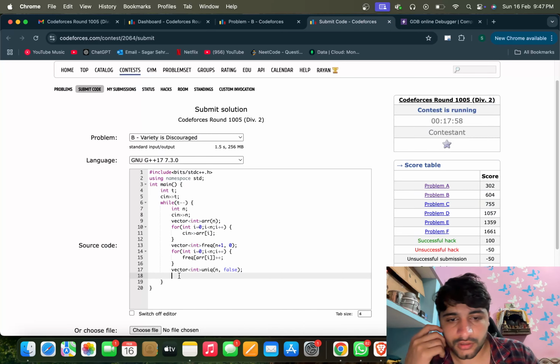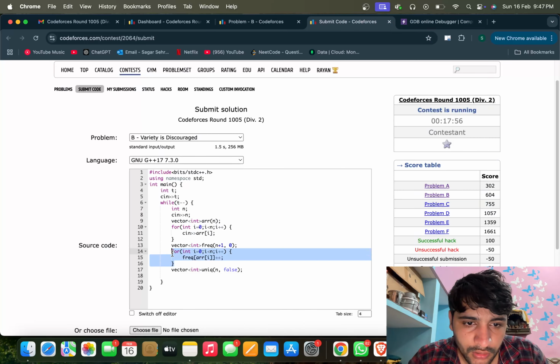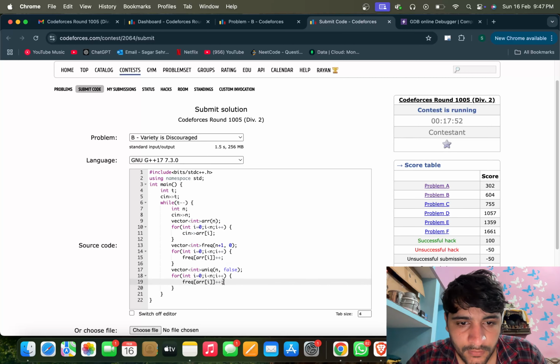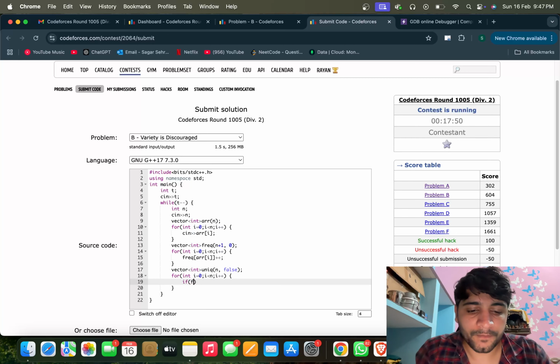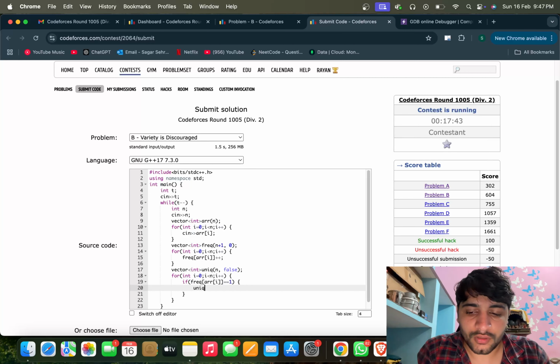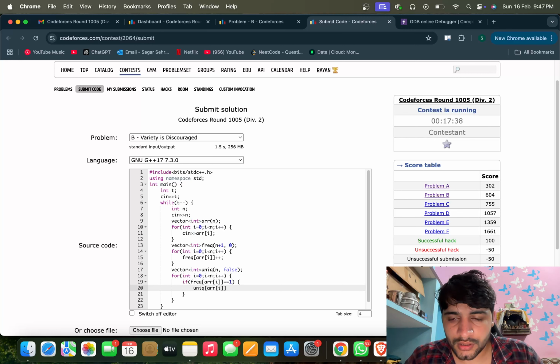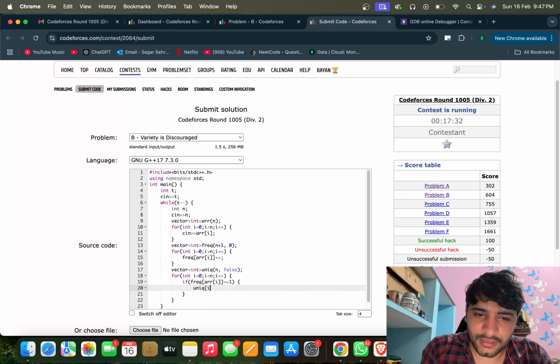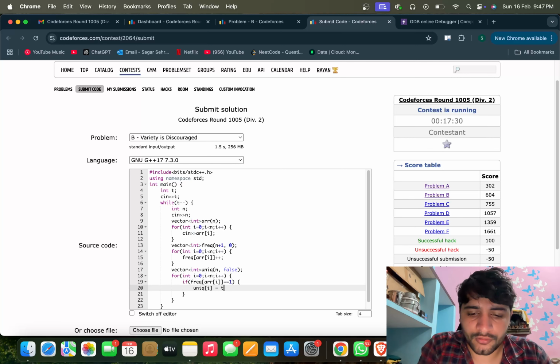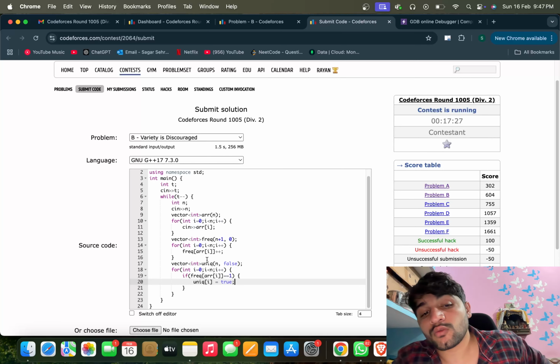Okay, so we will go for another. Oh, sorry, Control C, Control V. If frequency of array i is equal to 1, then unique of array i basically. We can count on index also, that's not a problem at all. It will be true because the indexes which are unique,